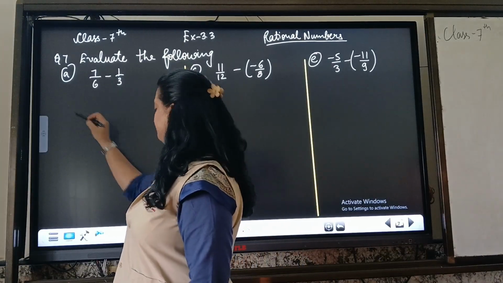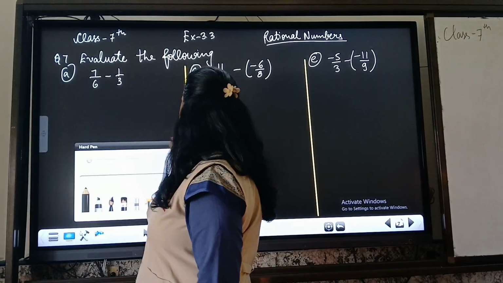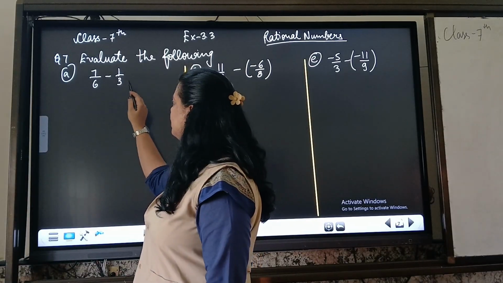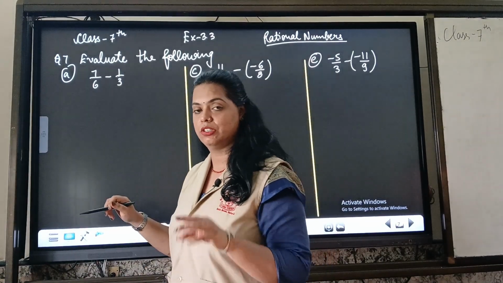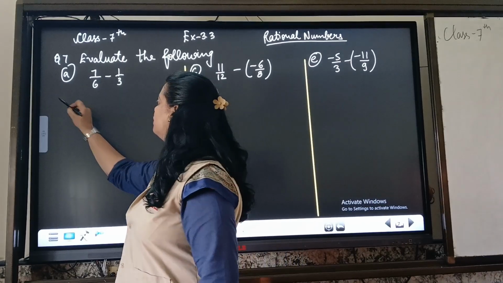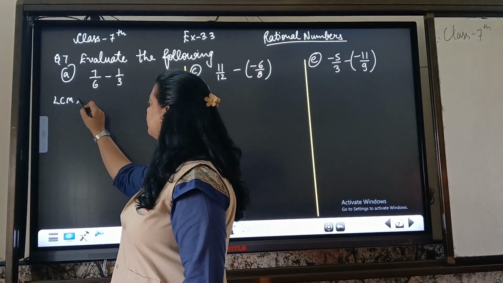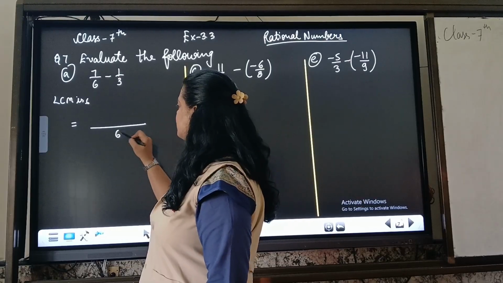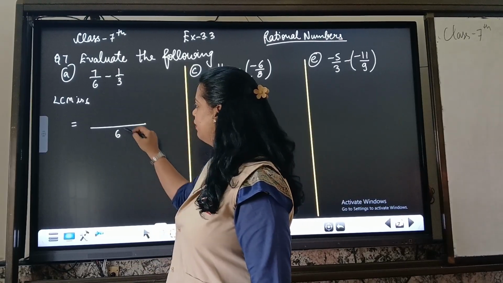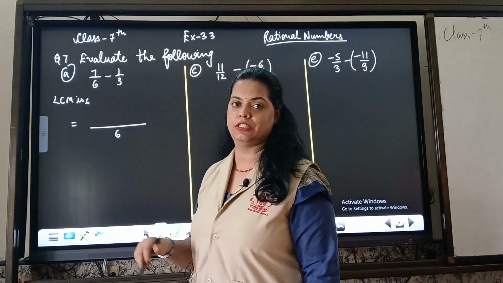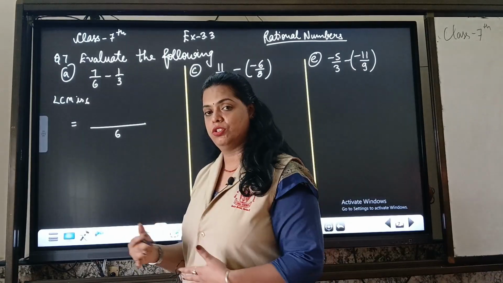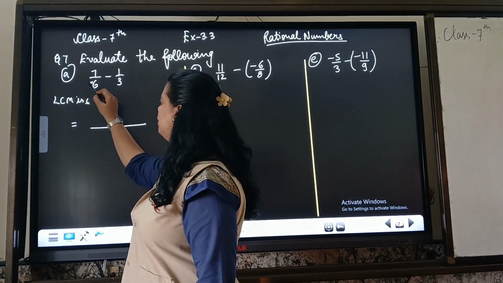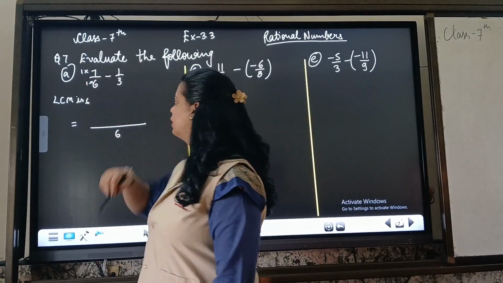So LCM would be 6 because the smaller value is 3 and in the table of 3 we also have 6. The bigger value will be the LCM. So LCM is 6. So each number we will try to make it 6. So we already have the same number in the denominators. There is no need to multiply. If you wish to, you can write multiply by 1 using the equivalent fraction method.